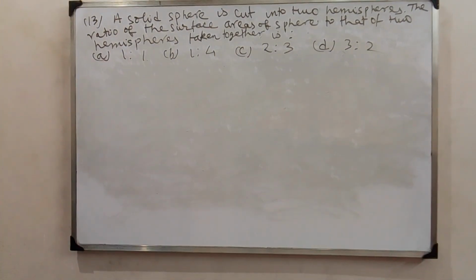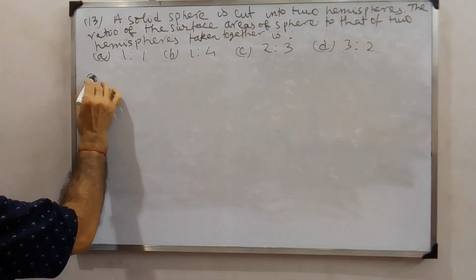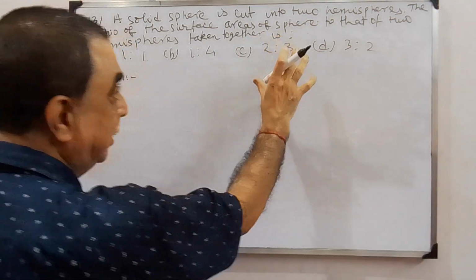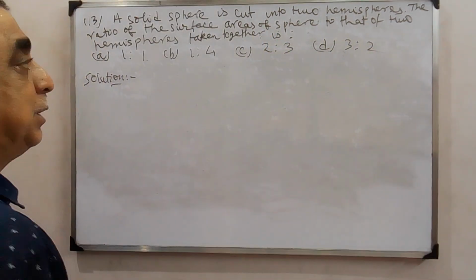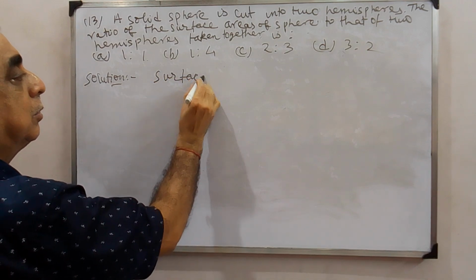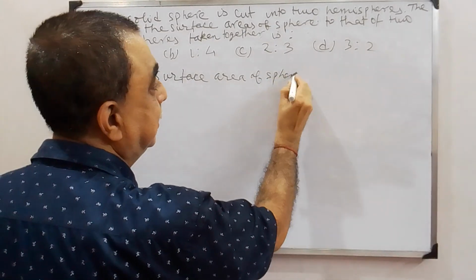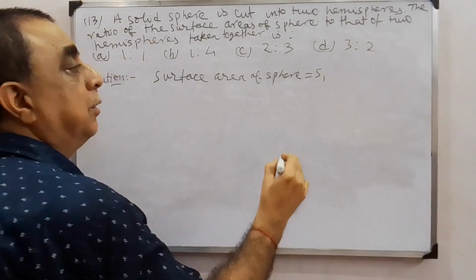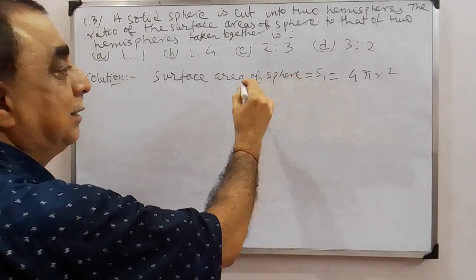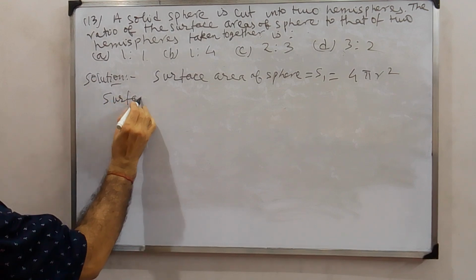So what we know is that the solid sphere is cut into two hemispheres, so we have to find the ratio of the sphere and that of the two hemispheres taken together. So we know the surface area of the sphere, I am denoting it by S1. We know it is 4 pi r square, where r is the radius of the sphere, and we know what the surface